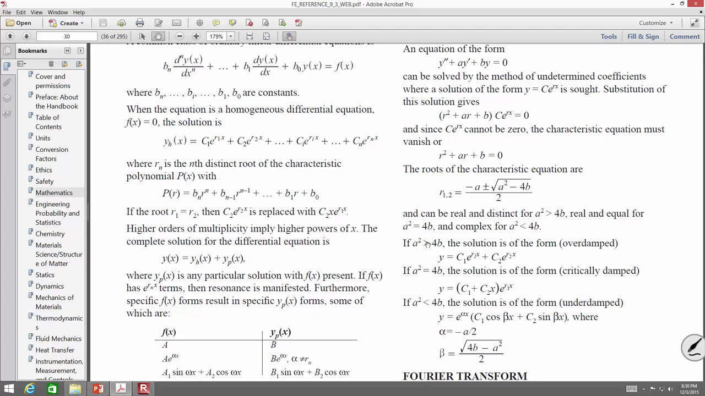3 potential options. Either A squared is greater than 4B and we have an overdamped system. A squared equals 4B and we have a critically damped system. Or A squared is less than 4B and we have an underdamped system. We're dealing with one that's critically damped, right? And if we're critically damped, what does it say? C1 plus C2x times e to the rx. And r in this case is 4 because that's what we solved. So C1 plus C2x e to the 4x